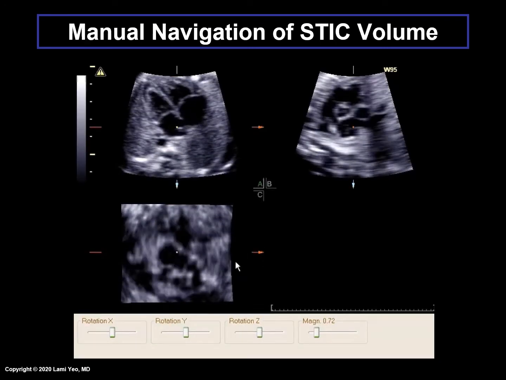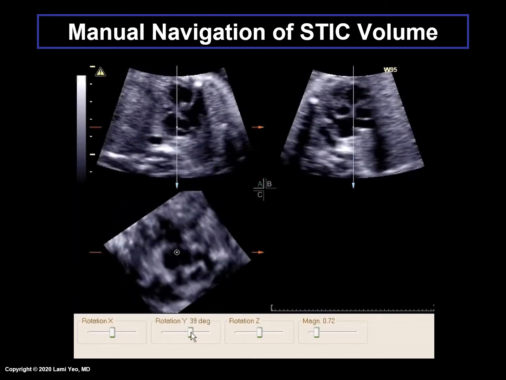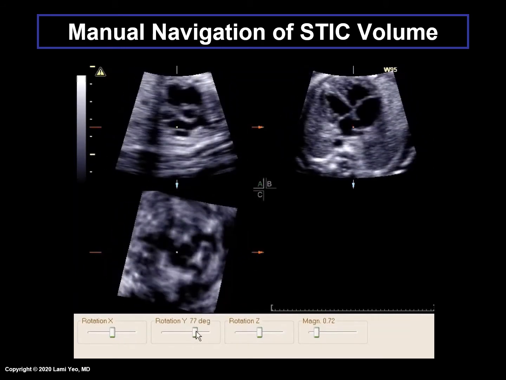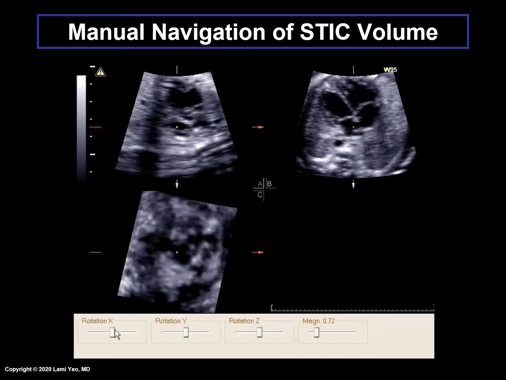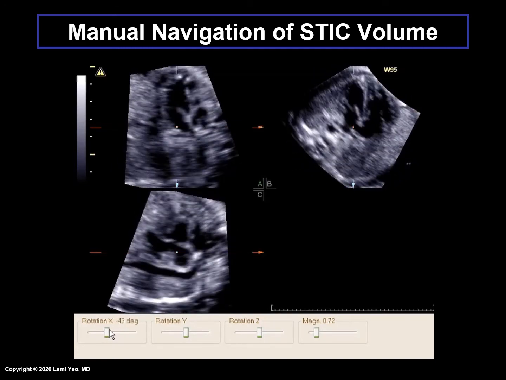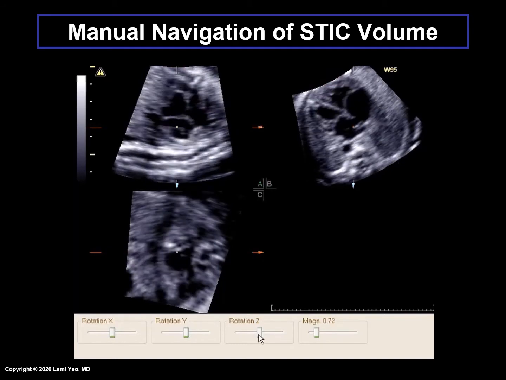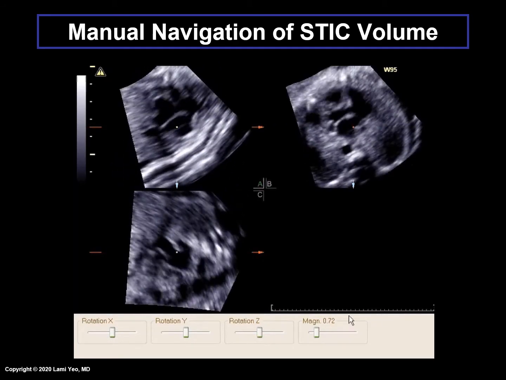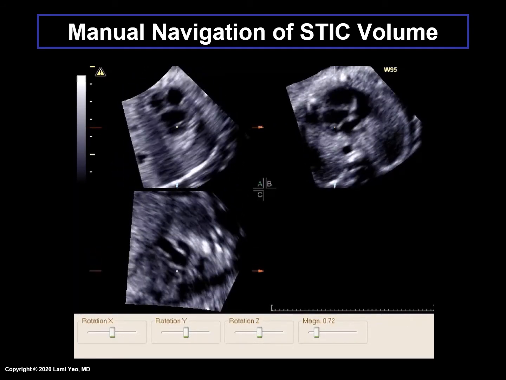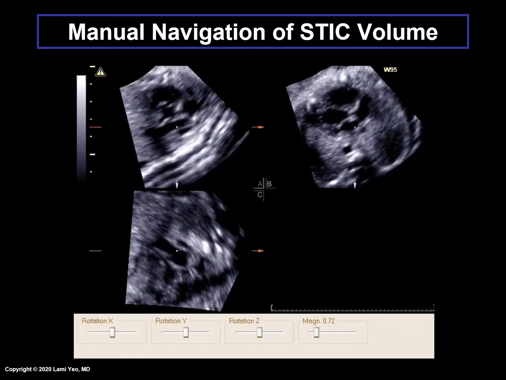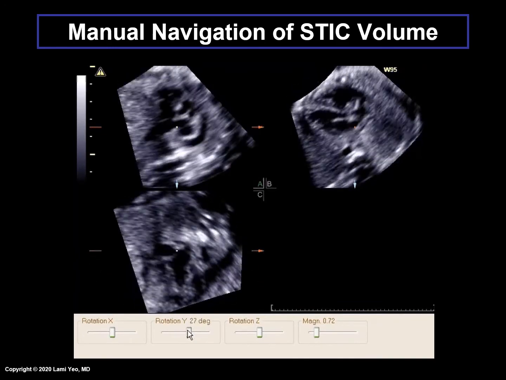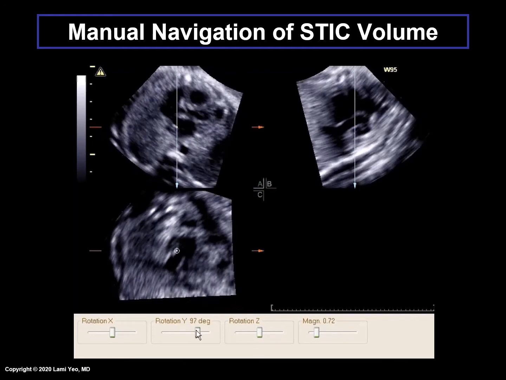In this example of manual navigation through a stick volume, the sonologist is trying to obtain fetal cardiac views using software provided by the ultrasound manufacturer. The user is performing X, Y, and Z rotations on the multiplanar display. As shown here, this process is highly operator dependent and can be quite challenging.